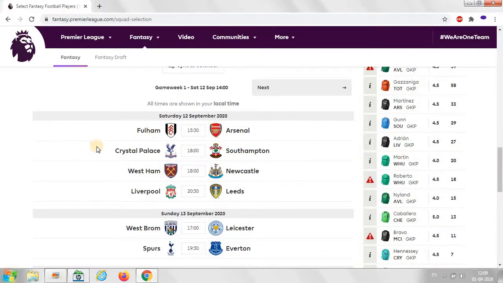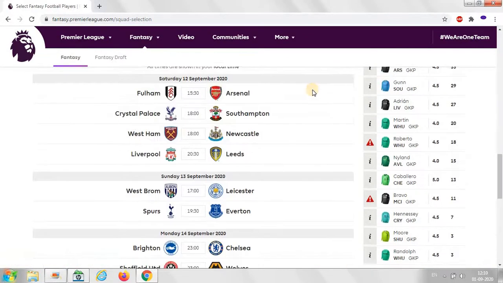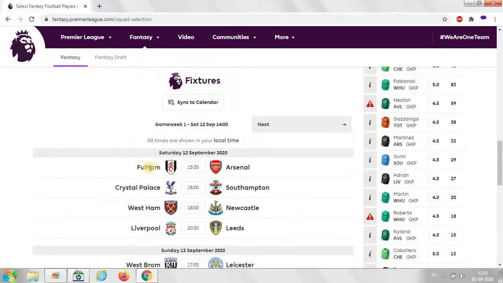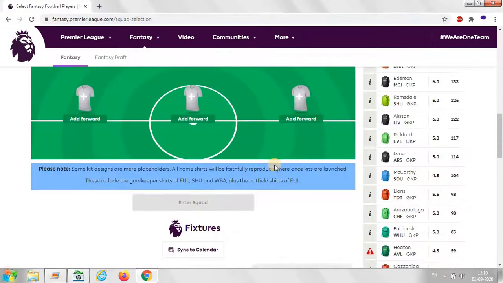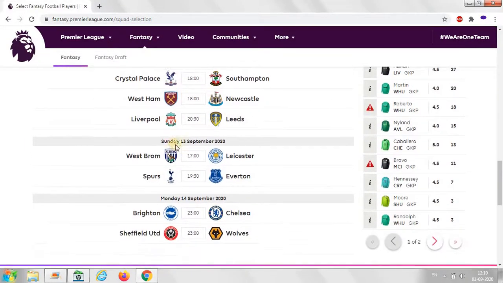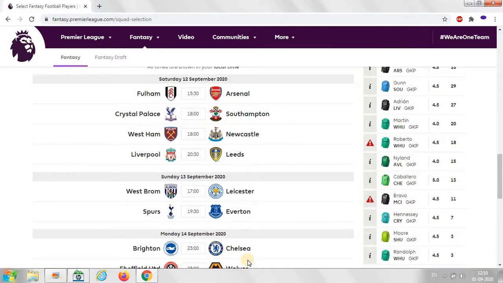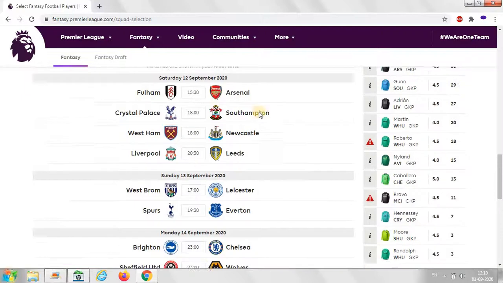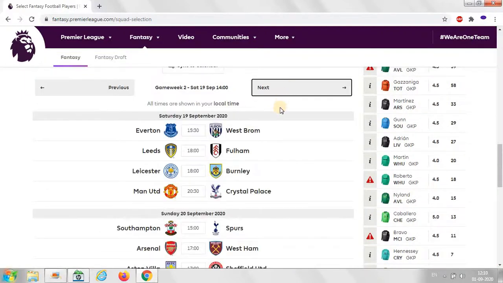So you need to see the fixture list also. Basically, if your interested team is not playing this week, you must think according to this. Okay, so first, if you see the fixture list, when I see, Wolves has a good defender. Wolves has a good run out of Sheffield United. So if you check the next also, you will get this.